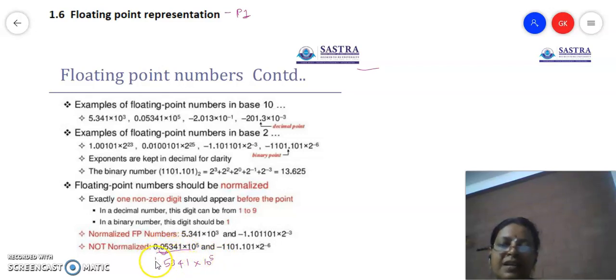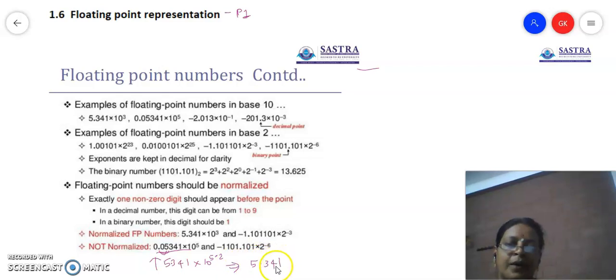That means I have increased the magnitude of this number. If I increase the magnitude of this number, then it has to be compensated by decreasing the exponent power. How should I adjust? So how many digits did I move towards the right? 1, 2. So 2 digits I moved right. The point has been moved towards the right by 2 digits. So that many has to be subtracted from the exponent. So I have to subtract here 10 minus 5, sorry, 5 minus 2. So now how is the number going to be represented? It is nothing but